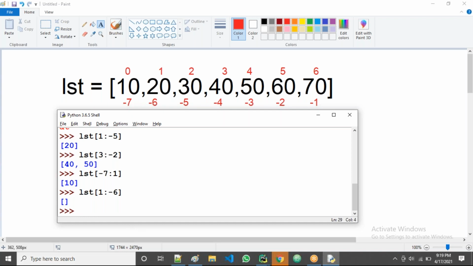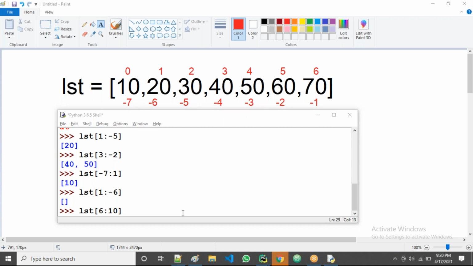Right? Fine. Next one, LST of 6 colon 10, guys. Tell me now. 6 colon 10. Some are giving the empty list.